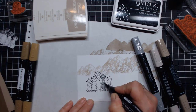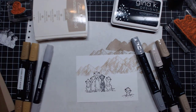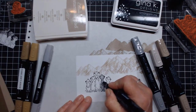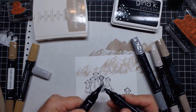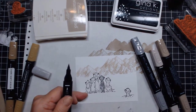So with the Stampin' Up! ones, although sometimes I pull in an Illustrator, which I'll be using after, I will take a blender and lighten up some spots. And then I'll take the color right onto the blender. And if I want that a little bit lighter,